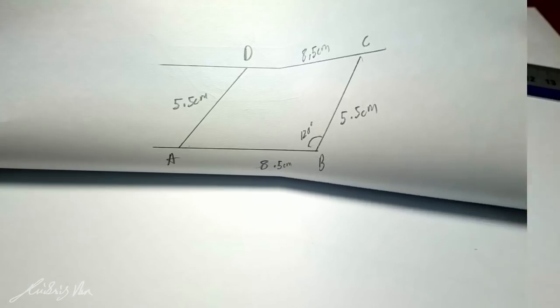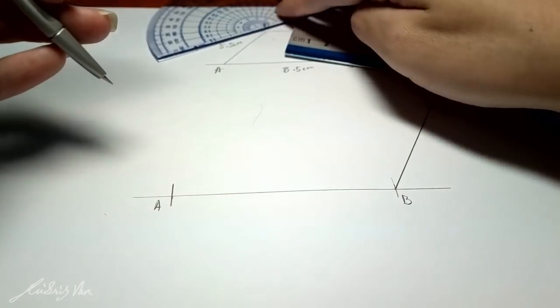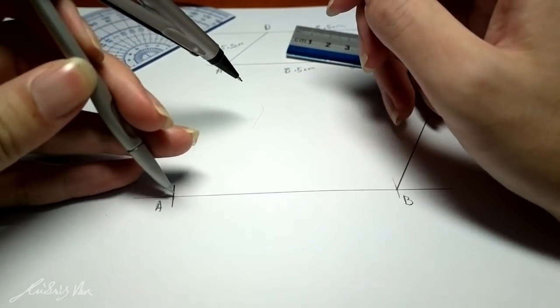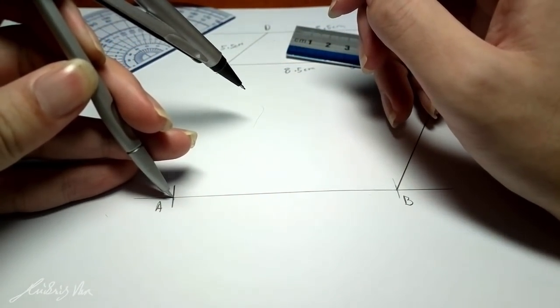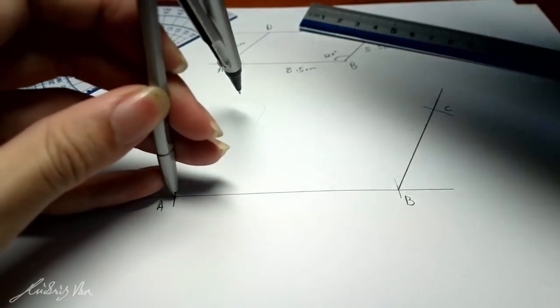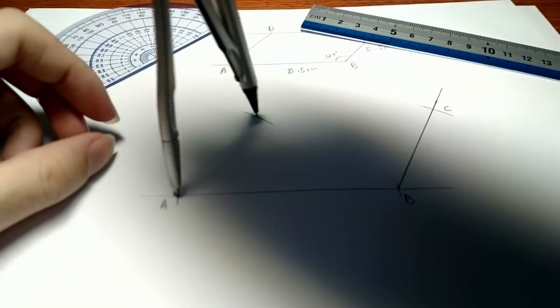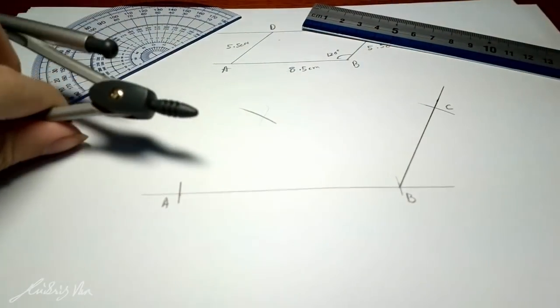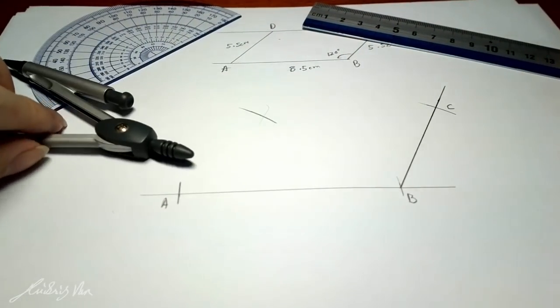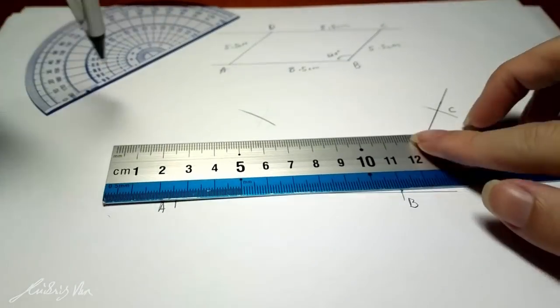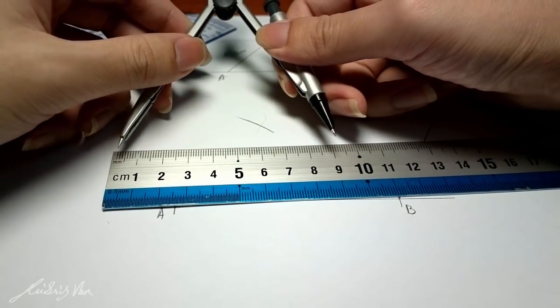So what we need to do now is to draw a point where it is 5.5 cm away from point A. So put your compasses, the needle end, onto point A and use it to draw an arc. And use your sketch as a reference to the direction where you should draw your arc. After you have done so,